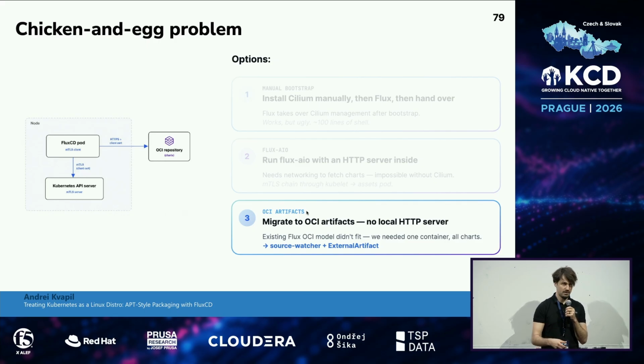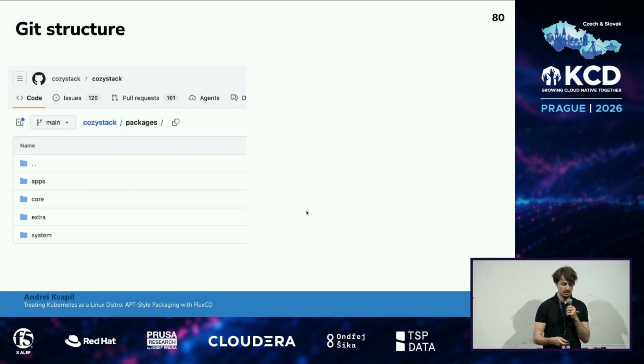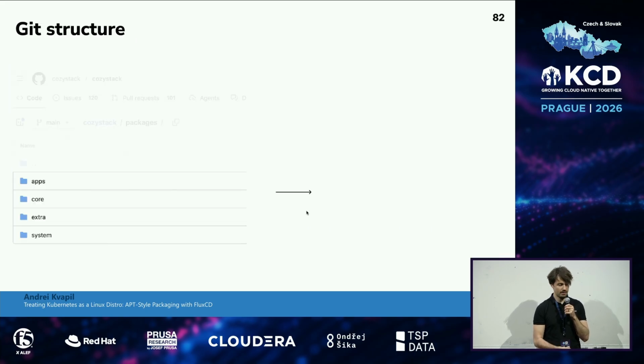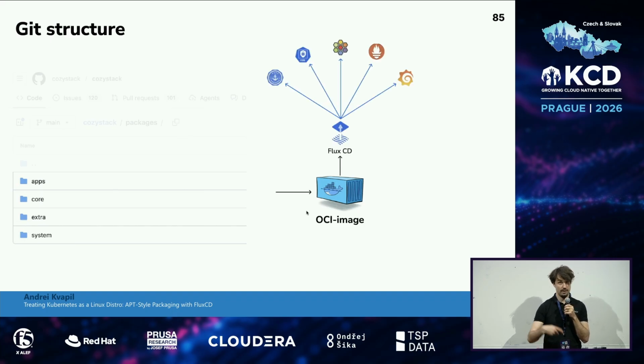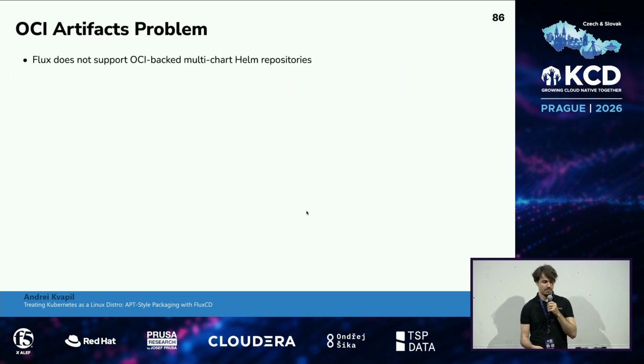The correct way is to store this as an OCI artifact and not run any HTTP server in our platform, but let FluxCD download the artifacts from the external Docker registry with no need for an HTTP server. Actually, the idea is to pack everything into an OCI image and just let Flux download and install it with no need for an HTTP server. But there is another problem: Flux does not support OCI